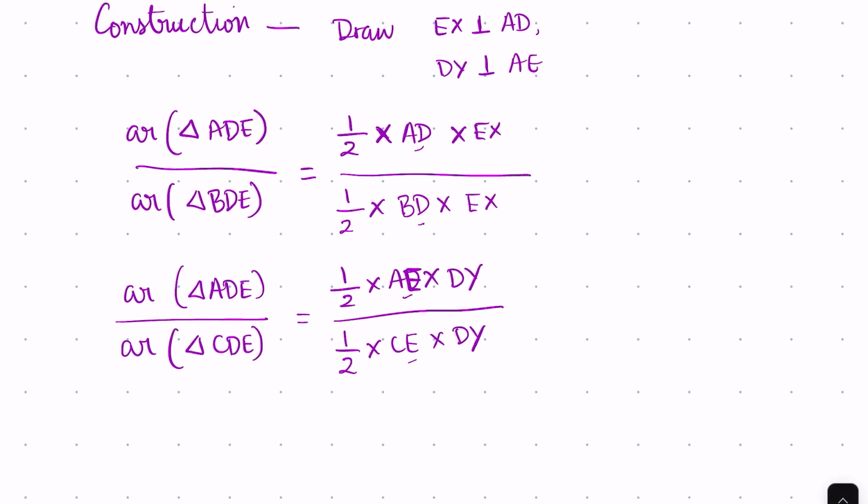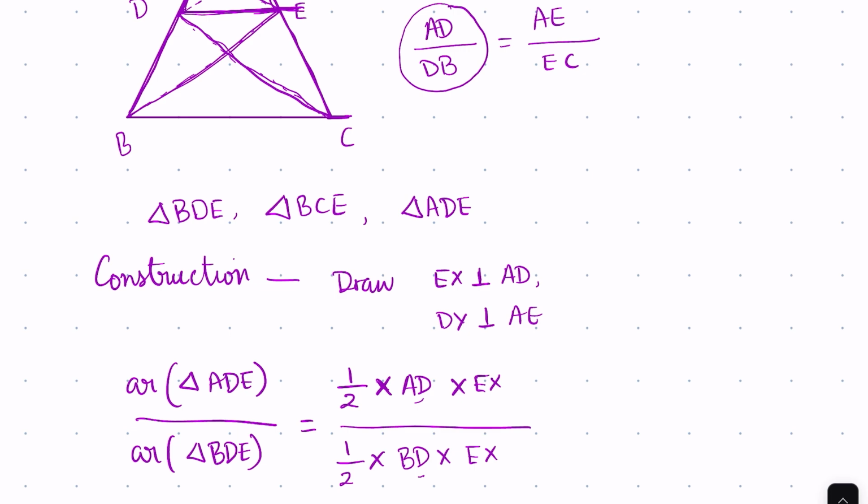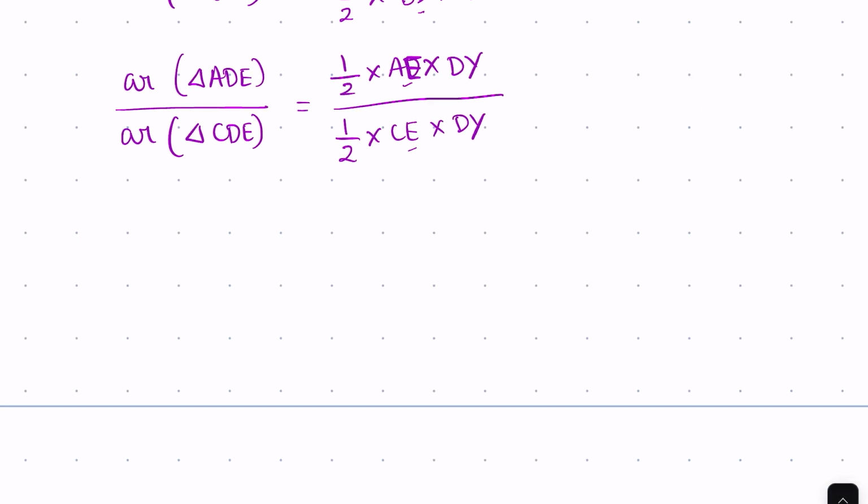So those two areas are actually equal. So this area is equal to this area. Sorry, not that. This area is equal to this area. Why? Well, because area of triangle BDE is equal to area of triangle CDE. Why? Because triangles